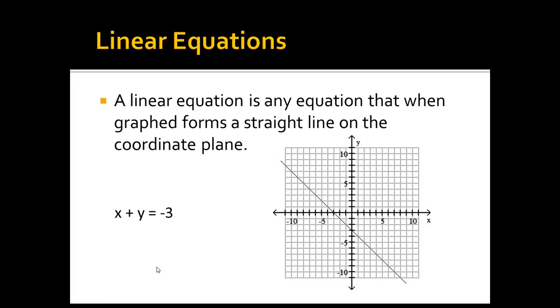Now let's talk about linear equations. A linear equation is any equation that when graphed forms a straight line on the coordinate plane. What do I mean by that? Well, this line represents the equation x plus y equals -3. And what that means is if I pick any ordered pair on this line, and let's pick one and just mark it so you can see it. If we pick a point here, right there in the center is a point, and if we think about what the coordinates of that point are,